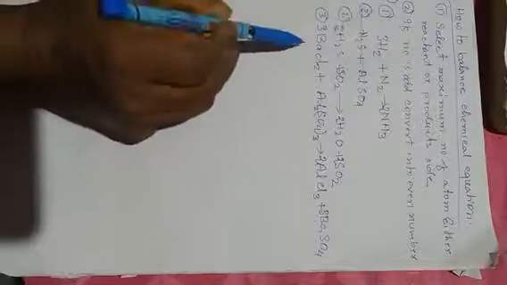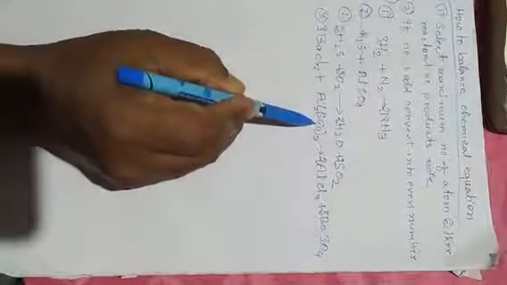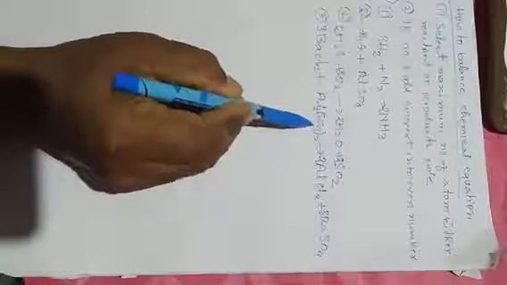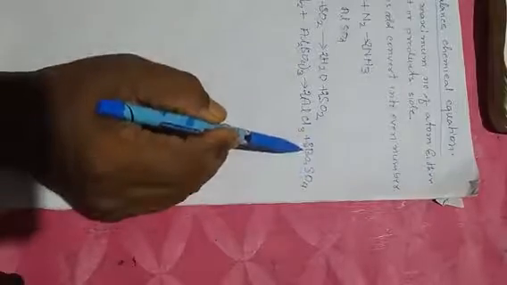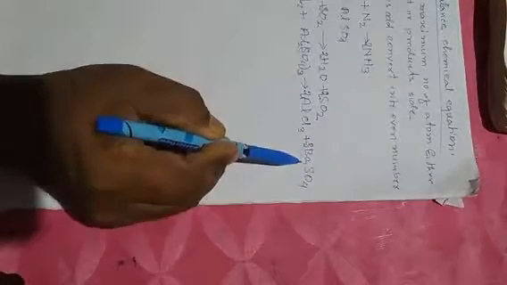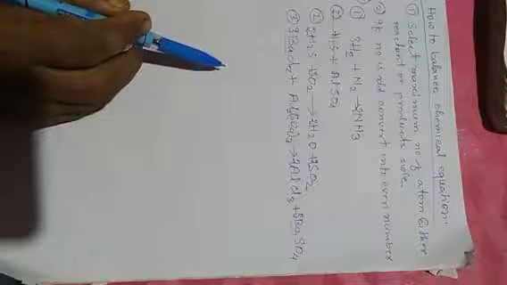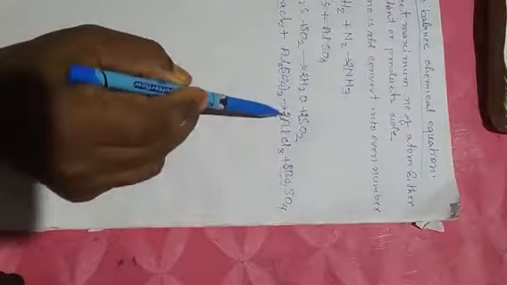Mark the point. First select the maximum number of atoms. Oxygen is 12, so on the product side, if you place 3, then oxygen becomes 12. Now barium is 3. After placing 3, chlorine becomes 6. Here chlorine is 3, so you place 2 here. So the equation is balanced.